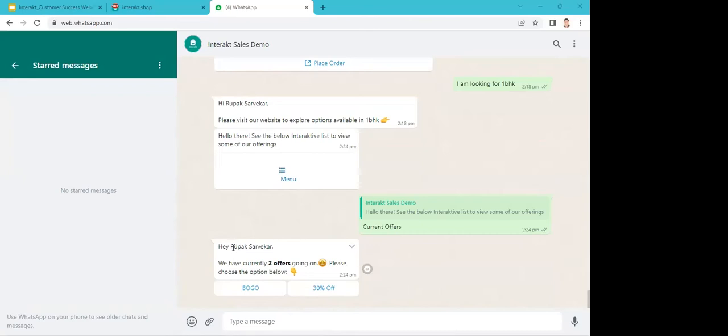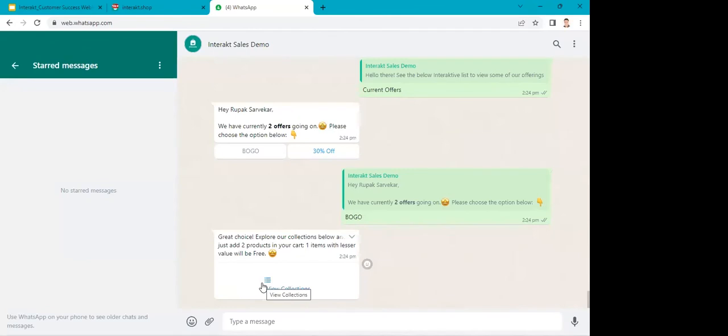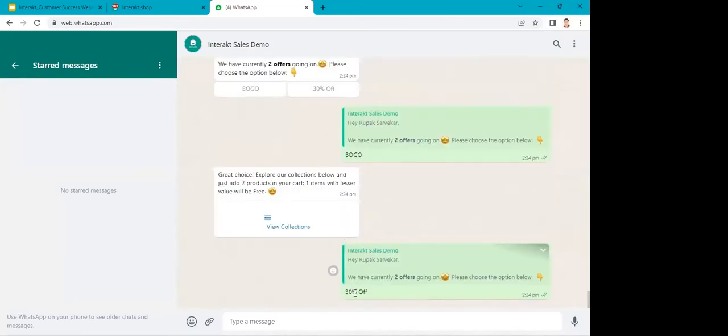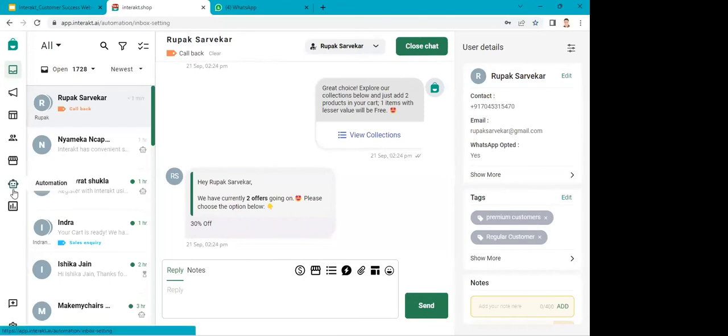So if you see, right, we had mapped it with name. So my name has been picked up automatically. Then we have currently 2 offers going on. Please choose the option below. Suppose if I click on BOGO, I will receive the automated reply, which we had configured. Suppose if I select, okay, so sorry, my mistake. This was 30%, but we configured it as 10% off. So yeah, now this message won't come, but no worries. So this is how you set up custom auto replies and interactive list message,